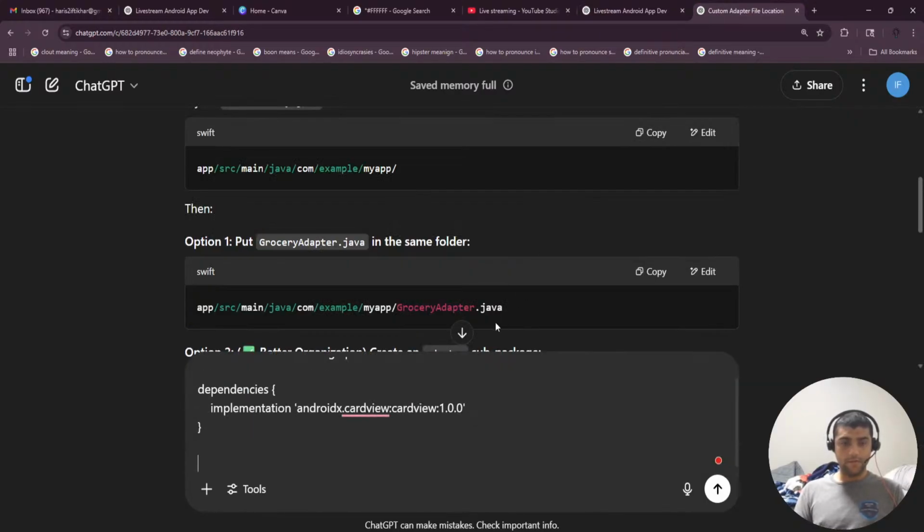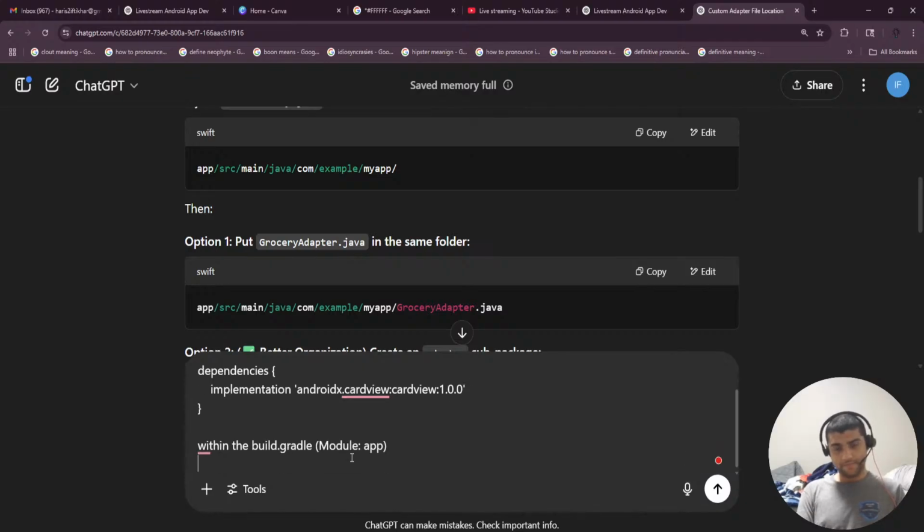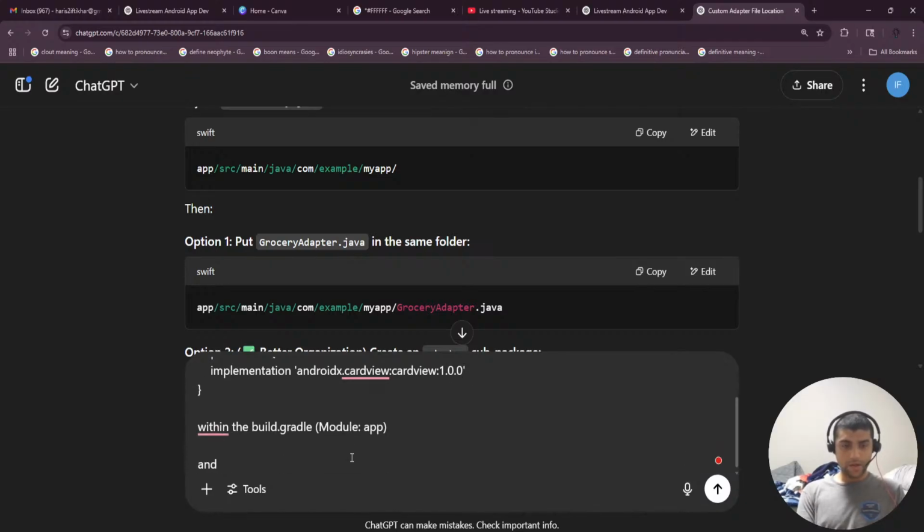Within the build.gradle, and I saw that I'm doing the Android app in Java,